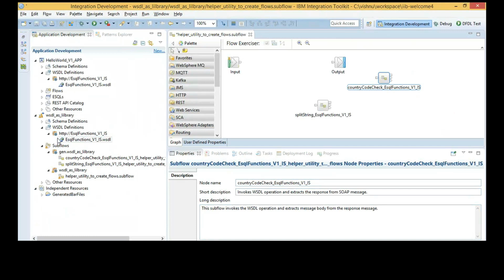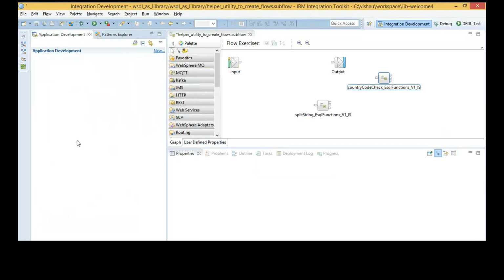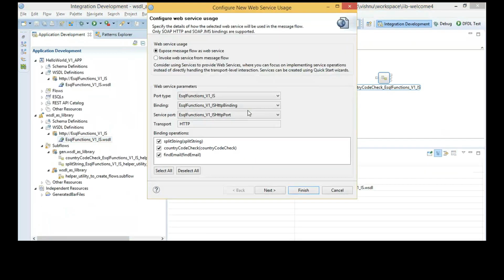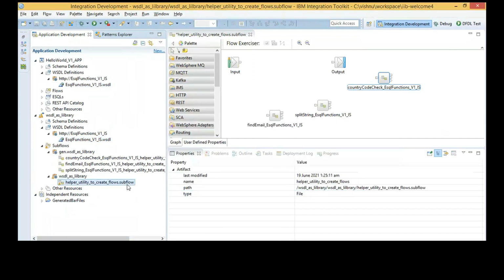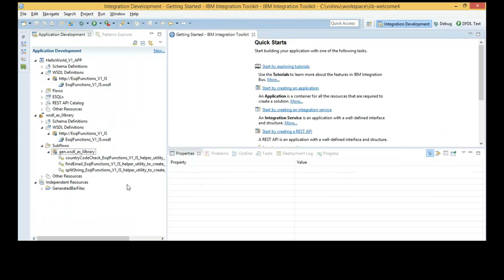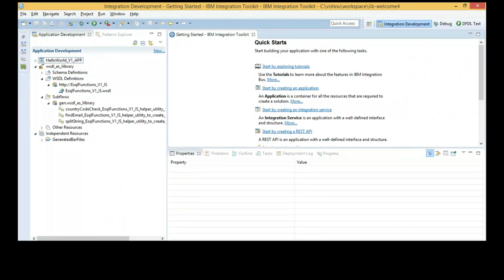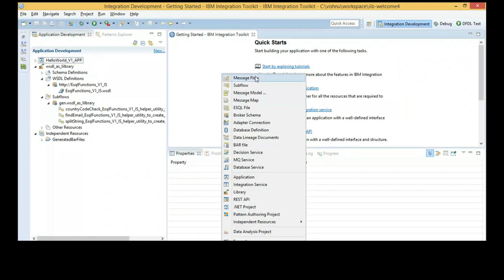You have the nodes for input, output, fault, error, etc. connected properly. Now for the final and third operation, find email, all of these things are done. I don't need the helper utility anymore. So we have the WSDL file in a library and three subflows also in the library.